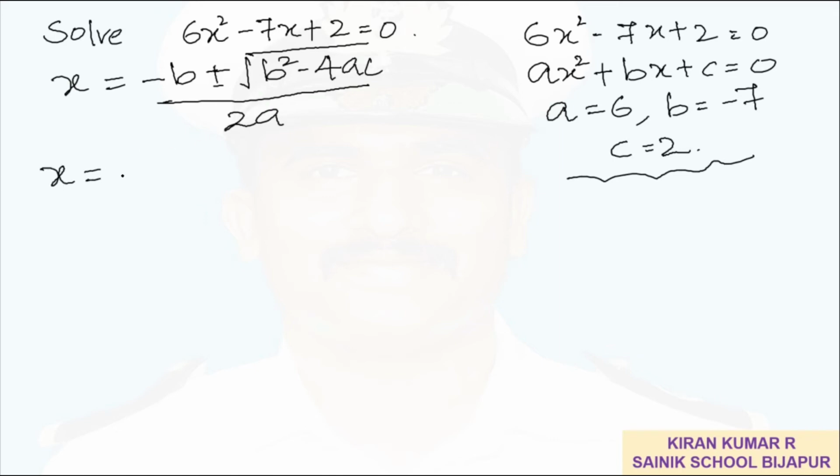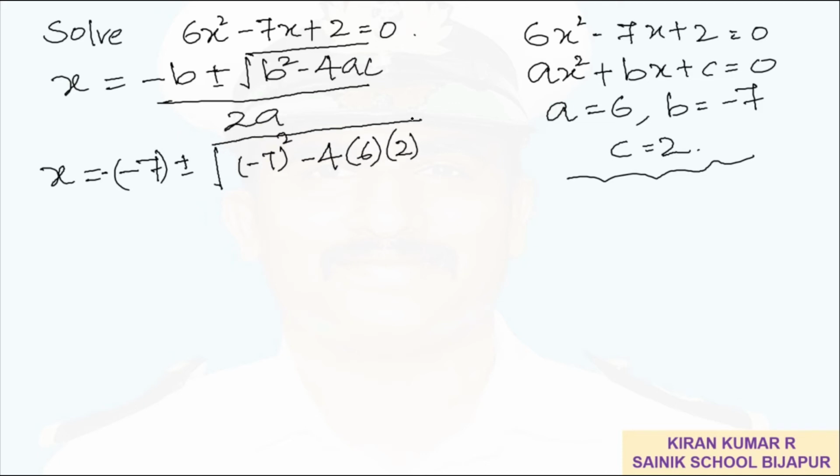So x is equal to minus of minus 7 plus or minus root of (−7)² minus 4 times a, which is 6, times c, which is 2, divided by 2a. 2a is 2 times 6. So we get positive 7 plus or minus root of 49 minus 4 times 6, which is 24,